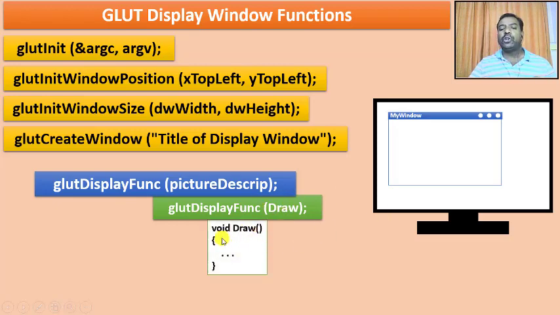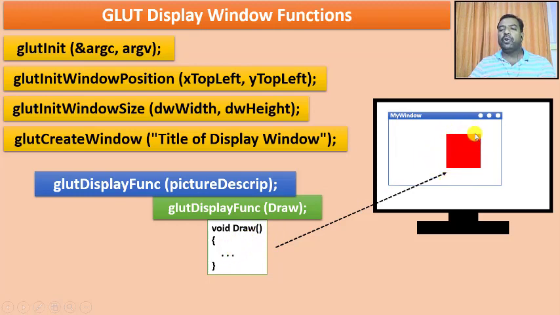Hence, I am going to have a user defined function called void draw, which takes no parameter and returns nothing. This function name can be anything. It need not always be draw. It's a user defined function. It can be anything, and I'll be passing it as a parameter. Now when I execute this function, when I call this function, whatever code I'm going to put here will be